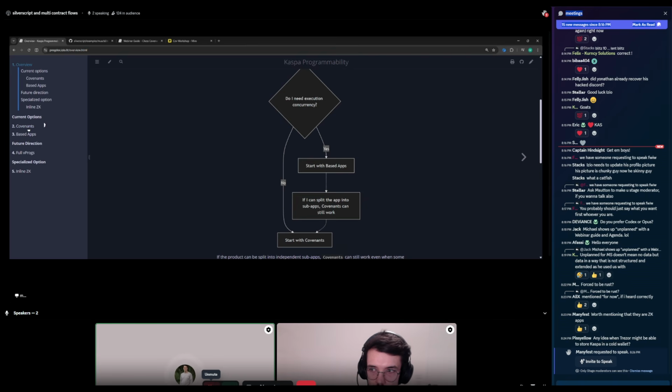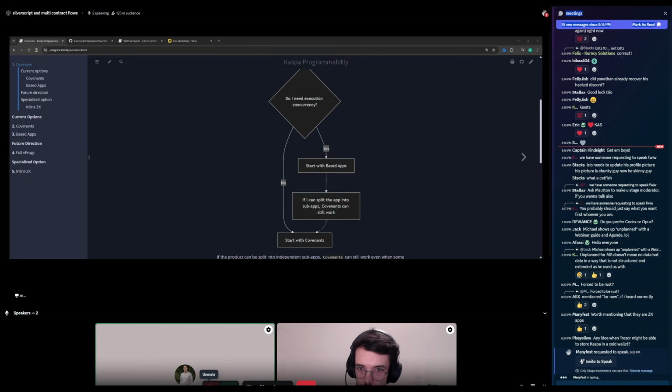So that's when we're talking about covenants and UTXO. To illustrate, based apps are the point where we implement an external application. It's like a based rollup. We call it a based app because it's not a system containing multiple developer-registered applications.